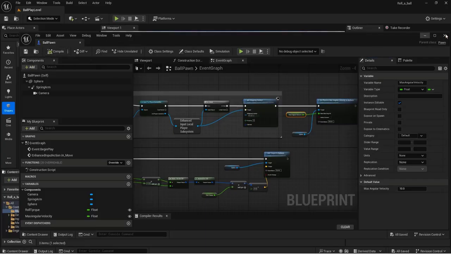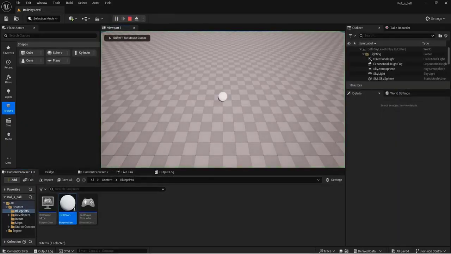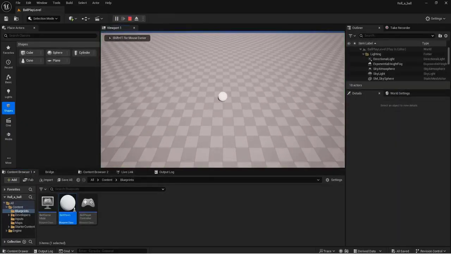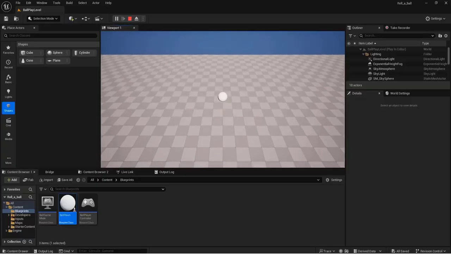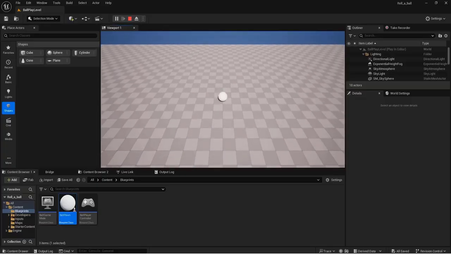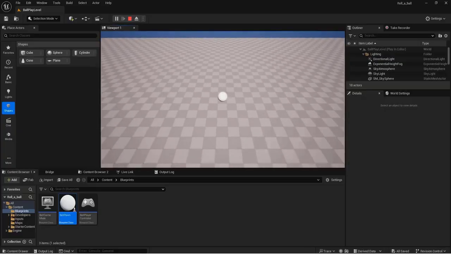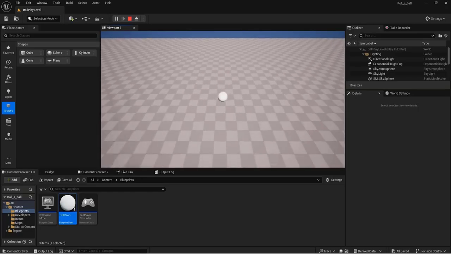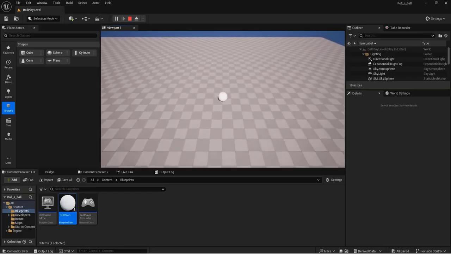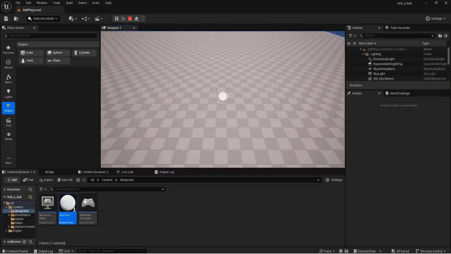So if I close this out, compile, save, and play, you can see my ball is a little bit more under control. It's not picking up so much momentum as it goes forward, so it's capping it at that number. So I now have a player controller, a ball that can be oriented with the WASD keys, and also can